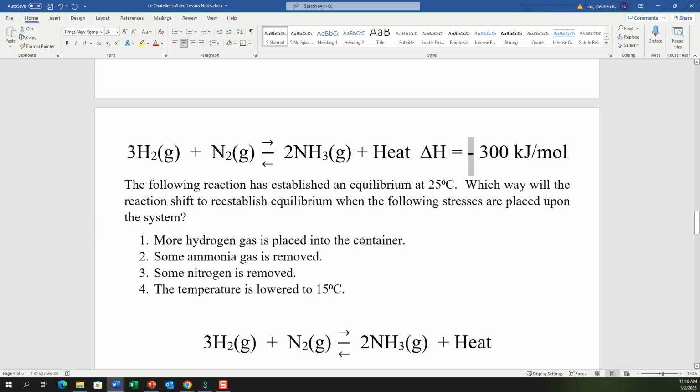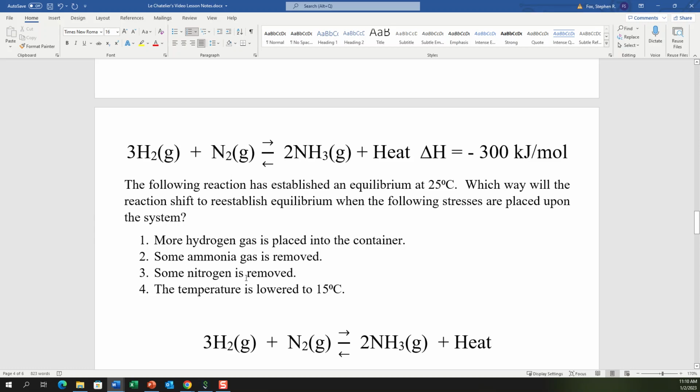More hydrogen gas is placed in the container. So we add more hydrogen, it's going to shift towards the right. Okay? Some ammonia is removed. We remove some of this ammonia, it's going to shift towards the right to replace the ammonia. Okay? Some nitrogen is removed. All right, so we remove some nitrogen, the reaction is going to shift to the left to replace the nitrogen